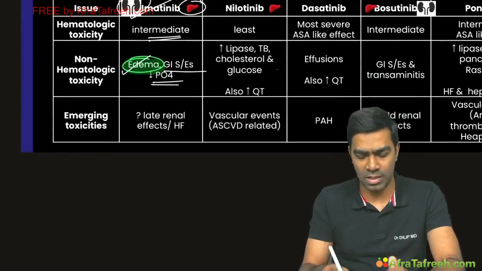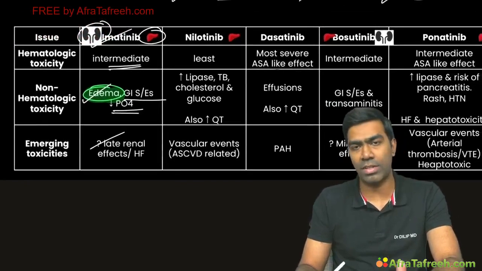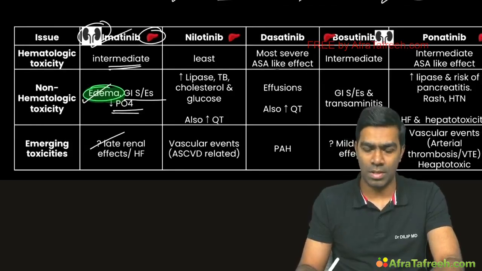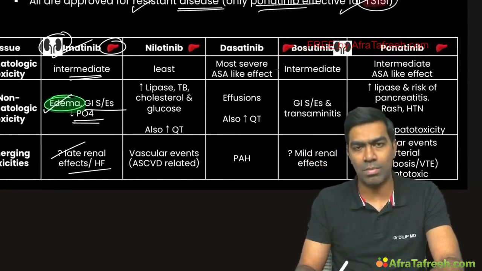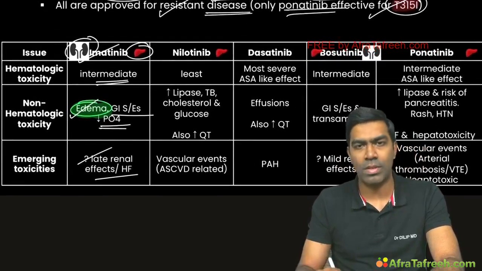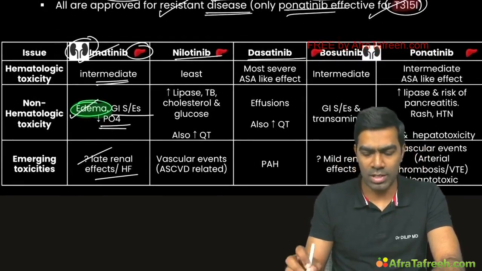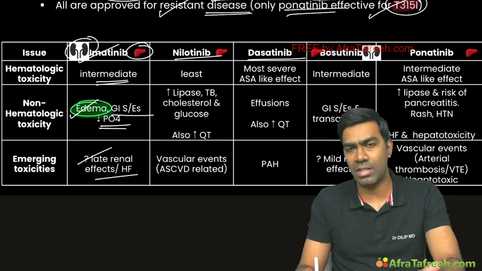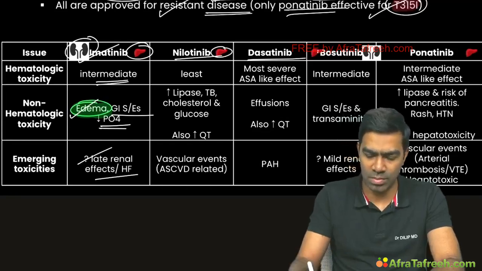And emerging data says that patients can develop late renal effects and probably even heart failure. But this is not something that is clearly proved in the research. And what about nilotinib? Nilotinib and dasatinib are basically second generation TKIs, and both of these drugs are typically metabolized